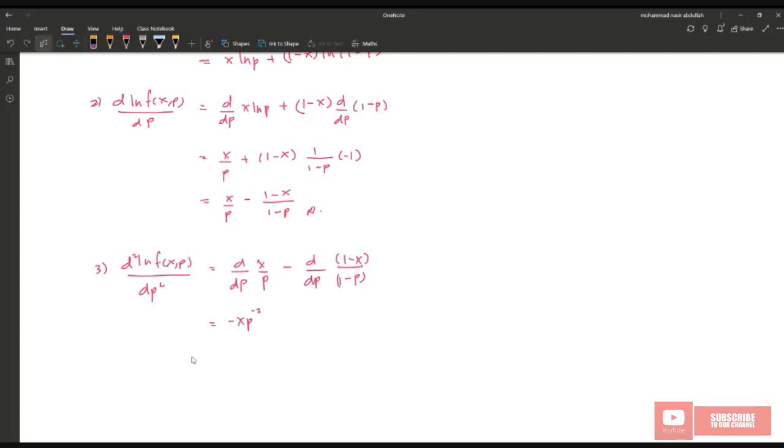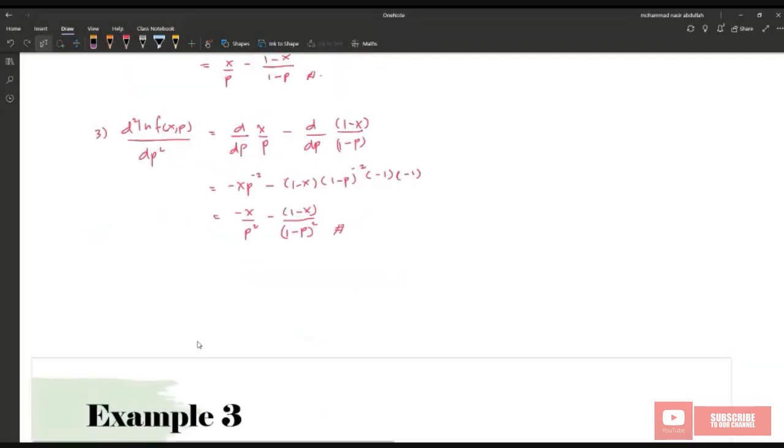I bring this up, -1, so it becomes -2. And this is 1 minus x, so 1 minus p, bring up -2, and then this is -1 for the first derivative, in this one also -1, right? So this one should be negative x over p squared minus 1 minus x divided by 1 minus p squared,